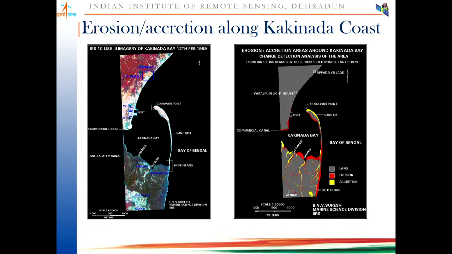by various students and our departmental case studies. Some study has been done by my MTech students on erosion and accretion along the Kakinada coast. You can see this is the Kakinada spit, where erosion has happened and where accretion has happened, shown using multi-temporal satellite data and the Survey of India toposheet. Here the image we have used is from 1999, and the SOI toposheet is from 1974. So a scenario of the last 25 years